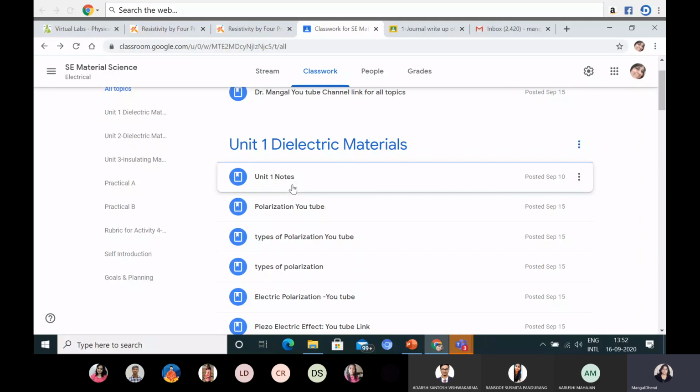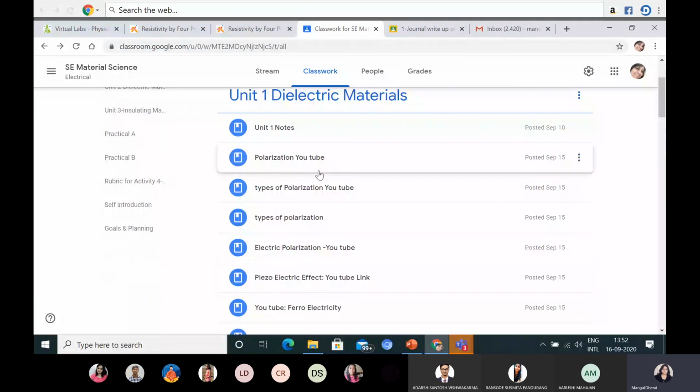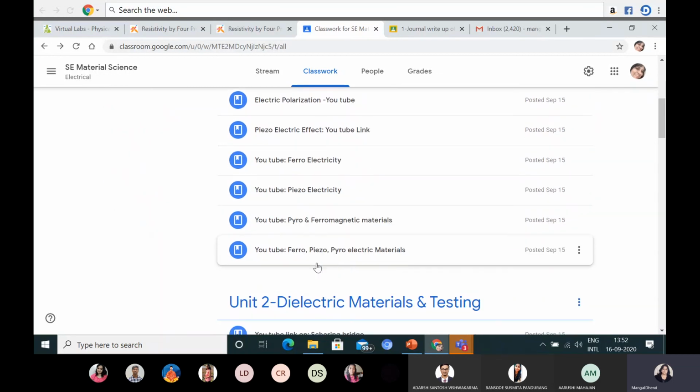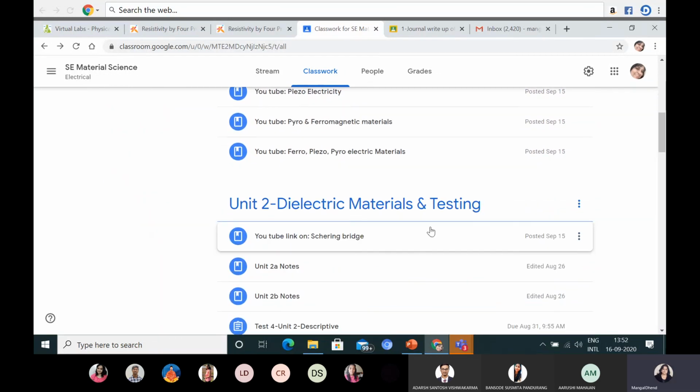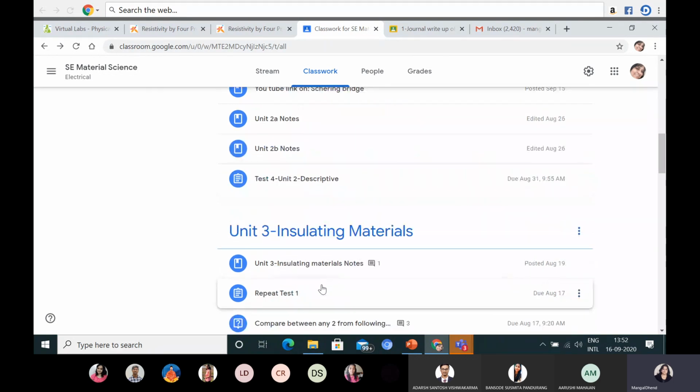It is full, more than sufficient. Go through that and also watch the videos, and other videos I have uploaded with animation for better understanding. As Adarsh had said, I have also worked on it, so you just click that and see it. Then unit number 2, dielectric material and testing. Notes I have shared, YouTube videos also.